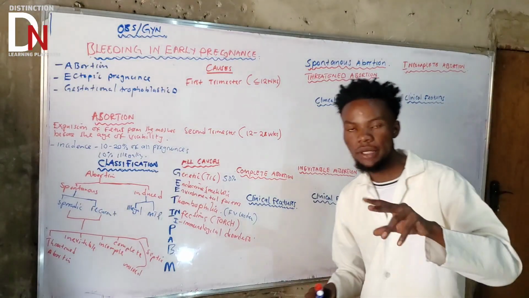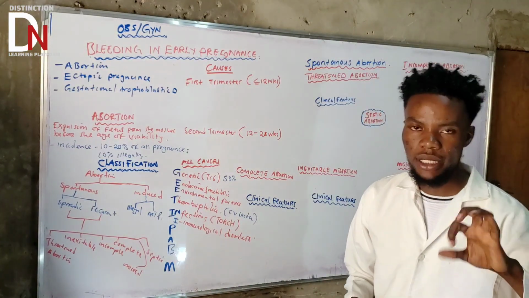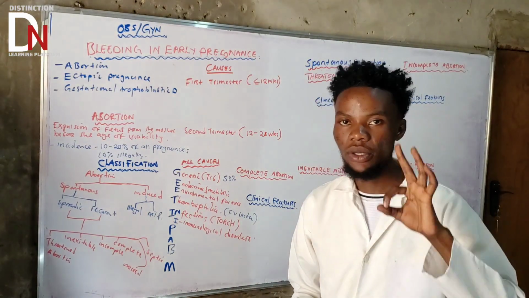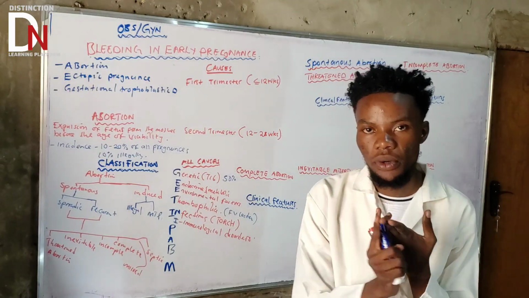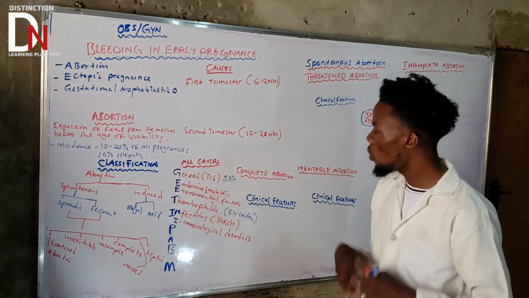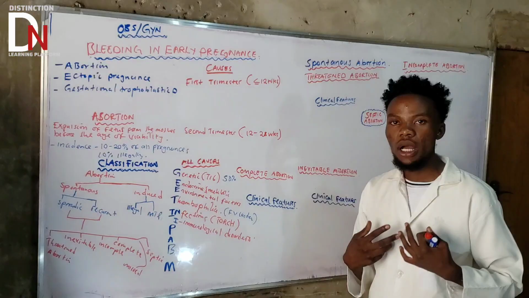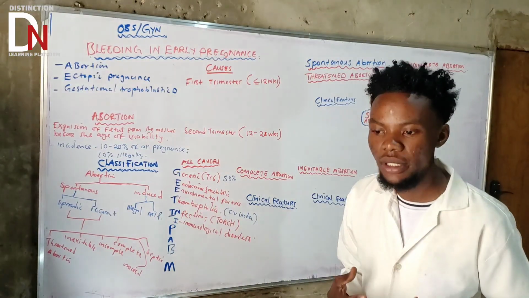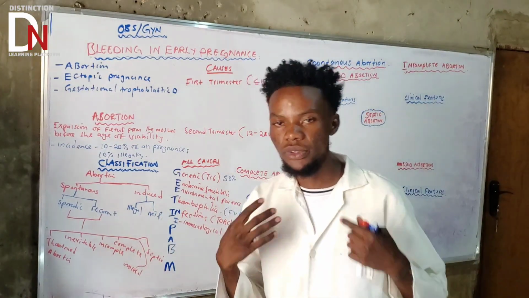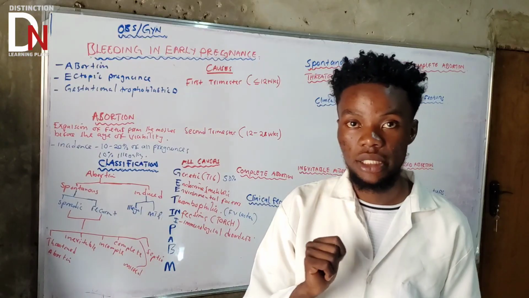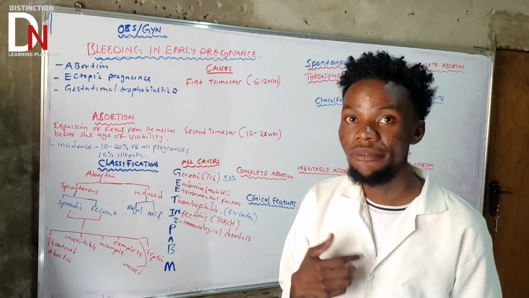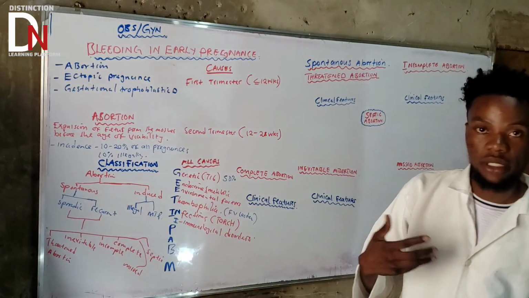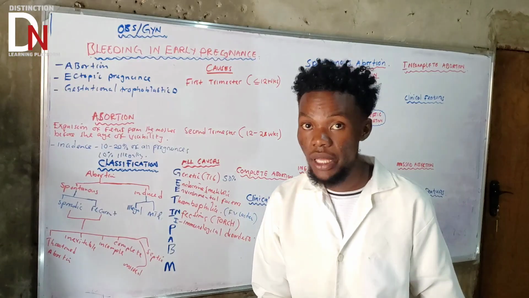So there are two again. There is immunological disorders that are what? Autoimmune, basically autoimmune diseases, and also alloimmune. Okay. So under autoimmune, basically you are having an autoimmune disorder that is producing autoantibodies that are attacking what? Tissues of the fetus, okay? It can be the placenta or anything.